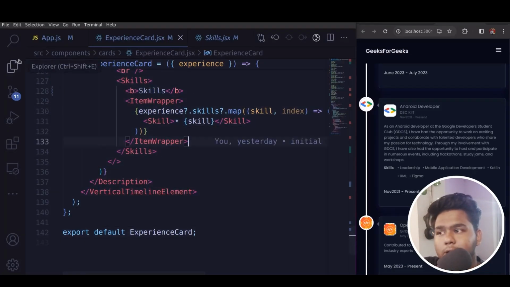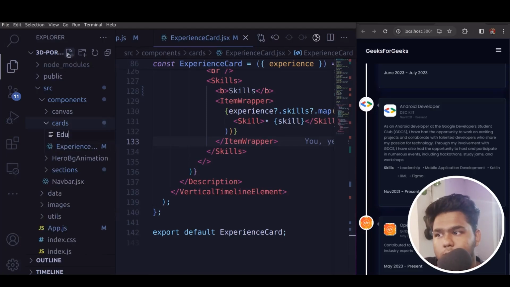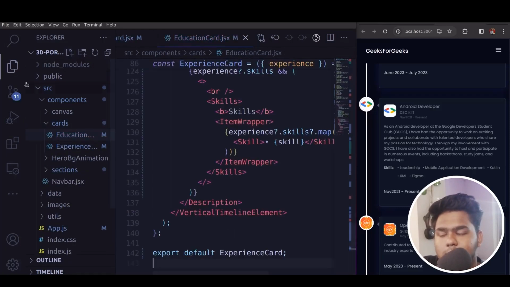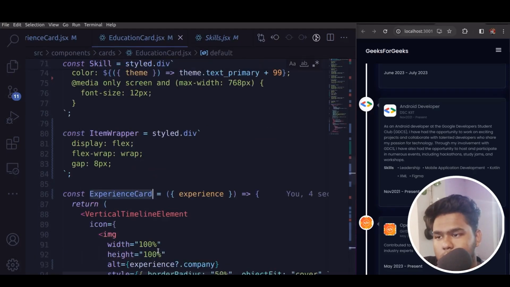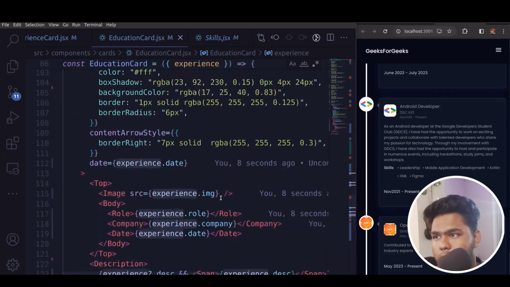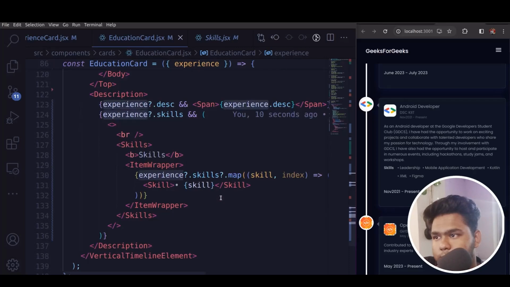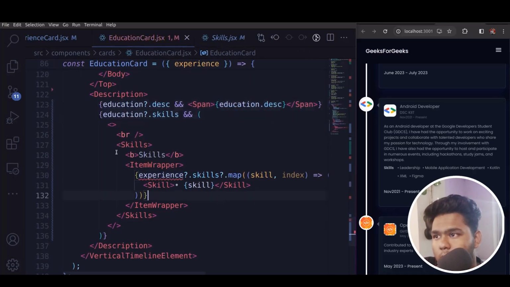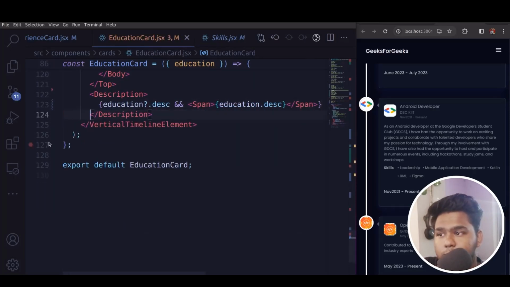Now let's get started with the education. So I will write education card.jsx, which will be having the same card as the experience card. So just change the names. So I have pasted and then changing the name from experience to education. So all the things I have changed to education, and in description we have removed the skills. And now the next thing is